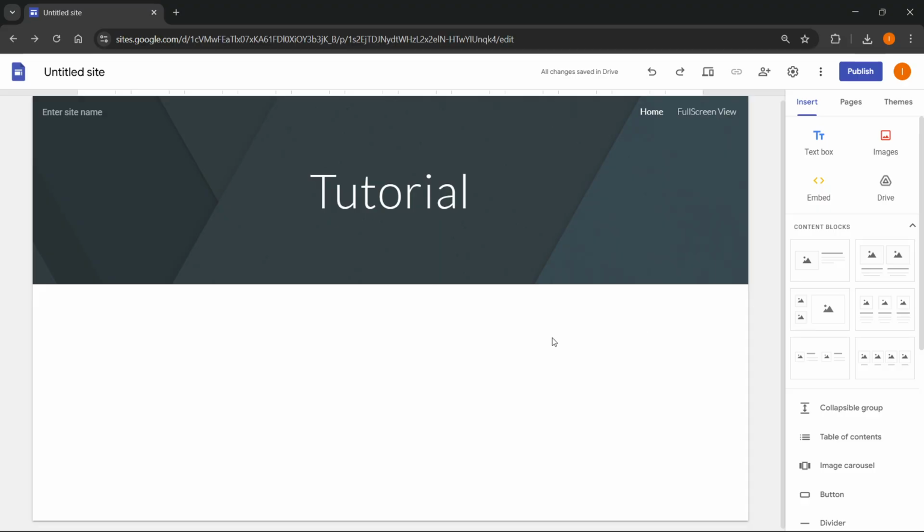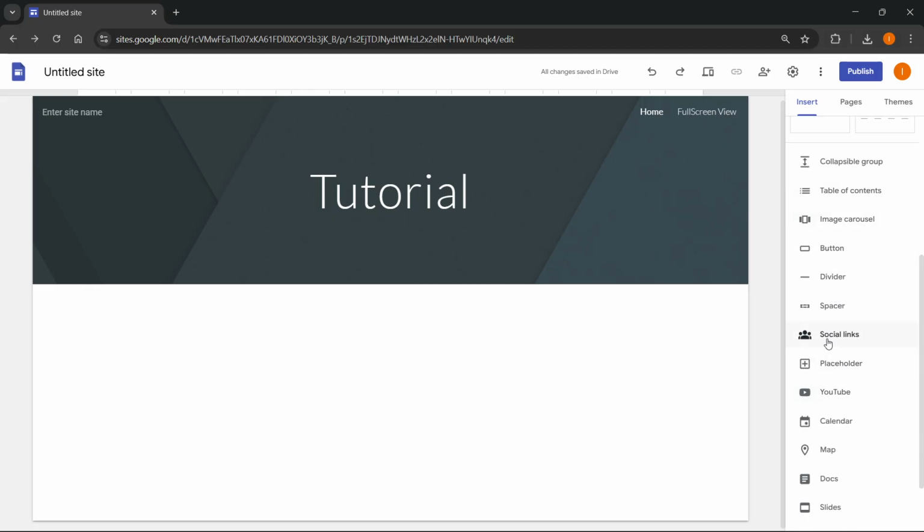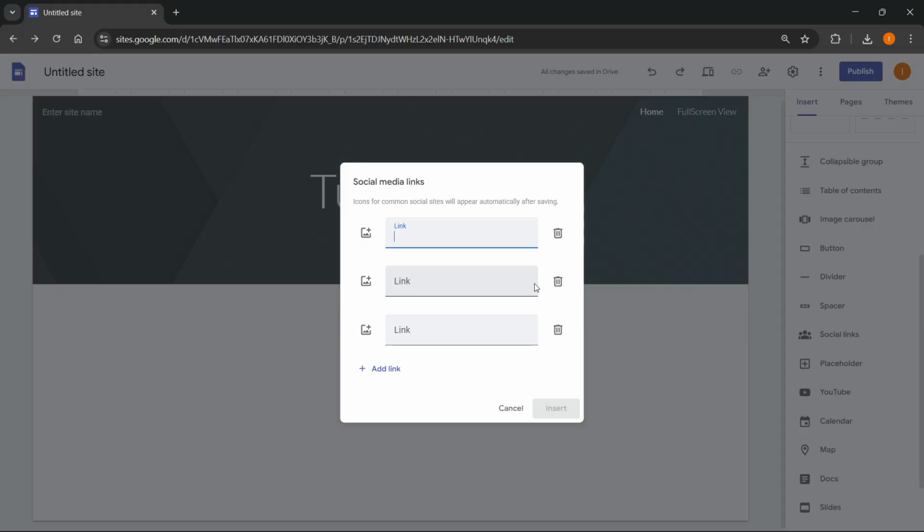Now, the first thing you want to do is open up your Google site, and then from here, go to the Insert tab on the top right, and scroll down a bit until you see Social Links. Now, in here, you want to click on Social Links, and this is where you can basically add your Instagram